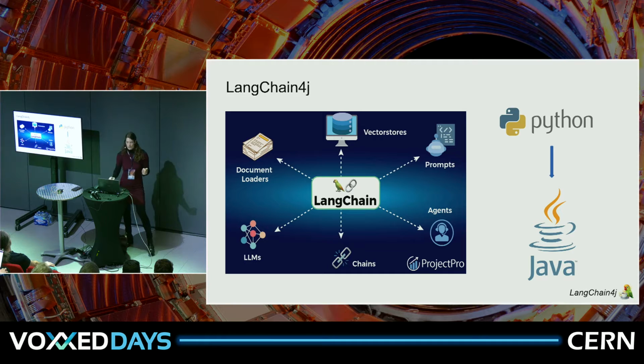So LangChain4j is inspired by the LangChain library. It's a very popular library in Python that allows for easy interactions with the zoo of models out there, and to build a lot of things on top, like agents, like document chats and everything. And it has one big disadvantage, it's that it's in Python. And it's even so popular that a lot of people switched to Python just in order to use this library. So it was high time that we made this for Java.